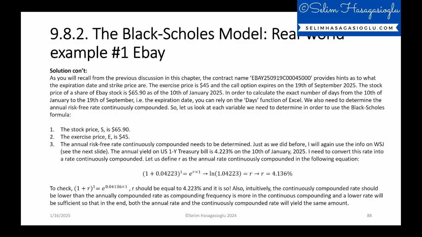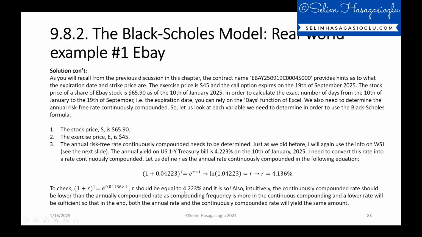So take the natural logarithm of both sides, then ln of this value should be equal to r multiplied by 1, but r multiplied by 1 should be equal to r. So then r will be equal to 4.136%. Or as a cross check, 1 plus the annual return on the US 1-year Treasury bill should be equal to e to the power of, here I am just entering the continuously compounded risk-free rate, and actually it is equal to